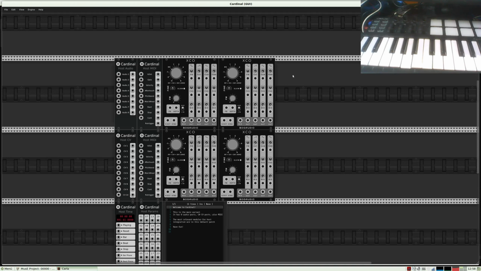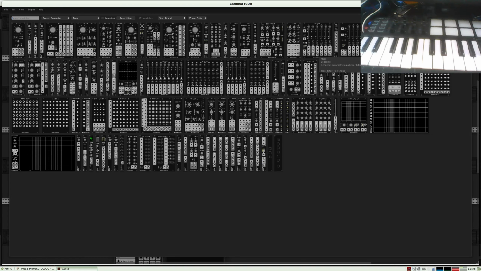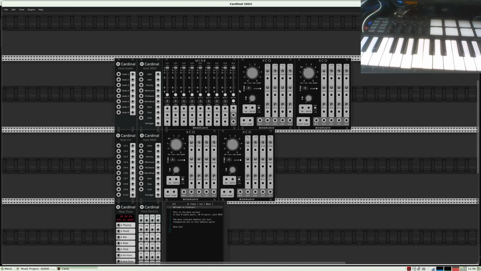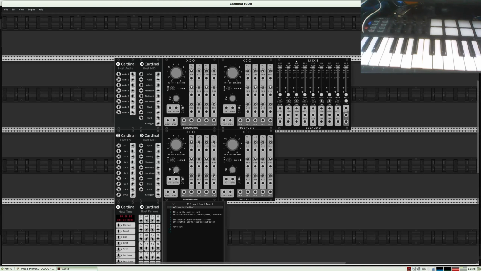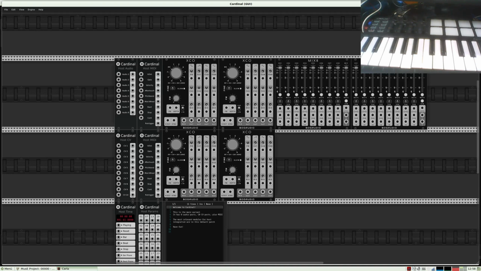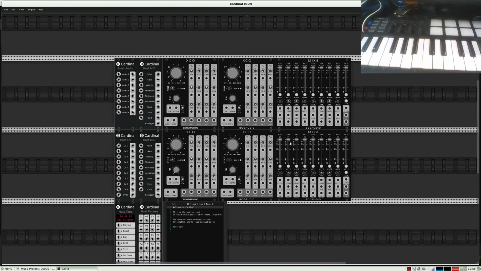Now I need not connected, the synths inserted. Now I need 2 mixers. They are both the same. 8 channel mixers, one for this synth. So have a look, it's here, mix 8, and I create a copy and put it here.